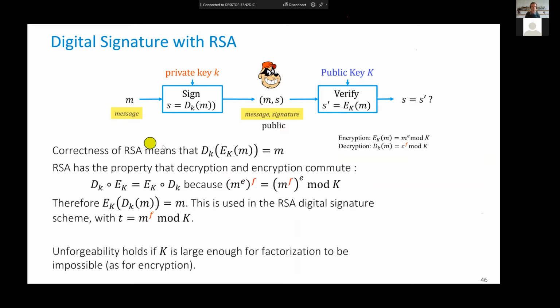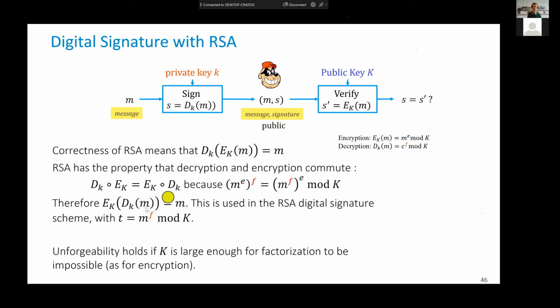RSA, like any encryption mechanism, to be correct means that whenever I decrypt something that someone has encrypted, I should recover the initial message. So the correctness of an asymmetric cryptographic system means that the combination D of E gives the identity here. Now it turns out that those two operations commute because they are exponentiations. If we remember the details we saw a minute ago, we put something to an exponent here. So whether we do it in this order or in that order, it gives the same,